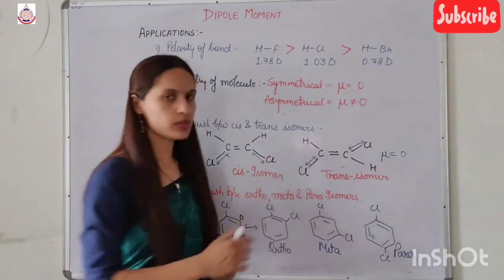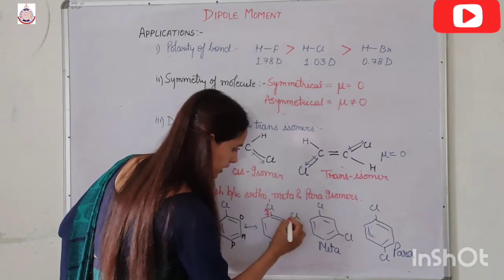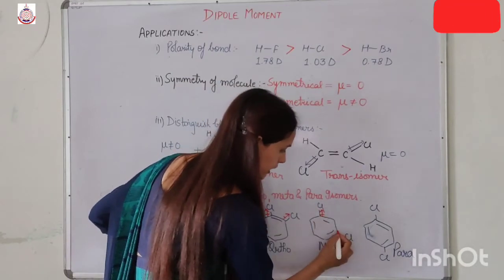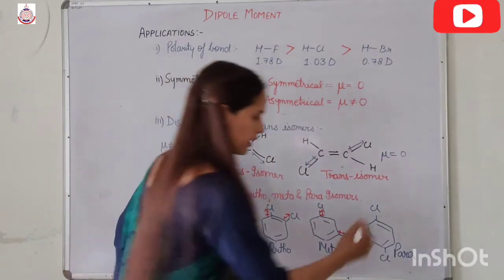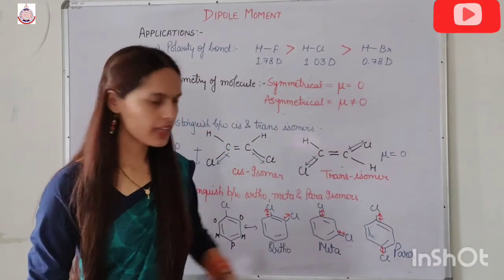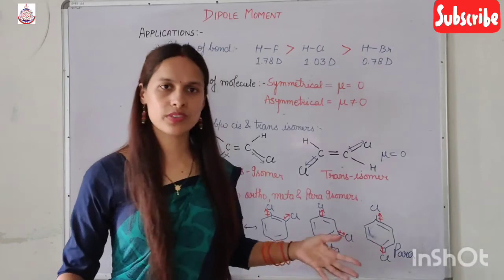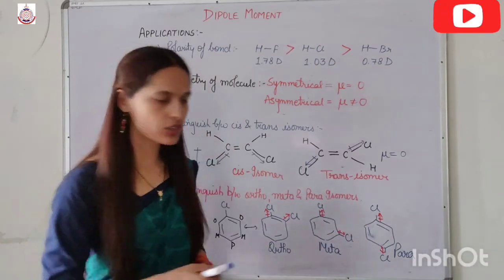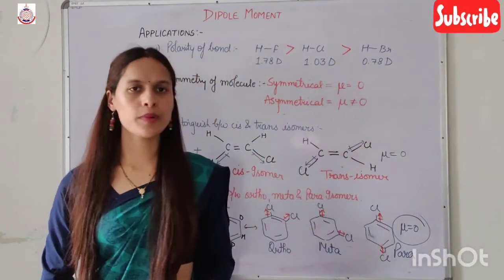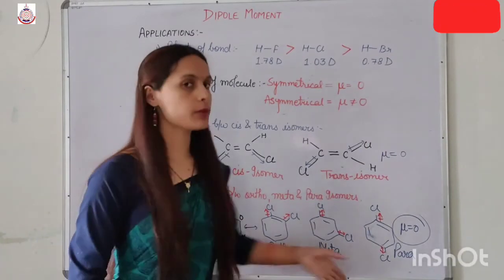So how can we distinguish between these three structures? In this, the dipole moment is towards chlorine. Here also dipole moment is towards chlorine. In this, the dipole moment is towards chlorine. Here also the dipole moment is towards chlorine. In this, towards chlorine. So if I look at para, in para, the dipole moments are exactly opposite to each other. And because C-Cl bond, so same bond, same magnitude, different direction, so the dipole moment is equal to 0. So if we are getting zero dipole moment, then it is surely para isomer. But if we are not getting 0, it may be ortho, it may be meta.